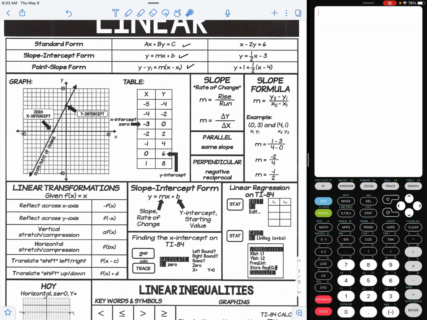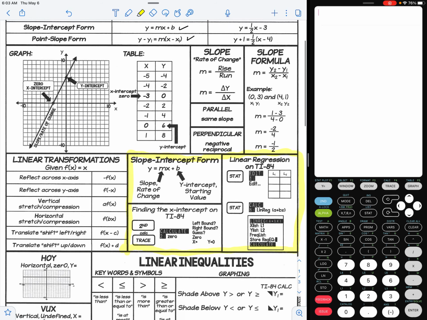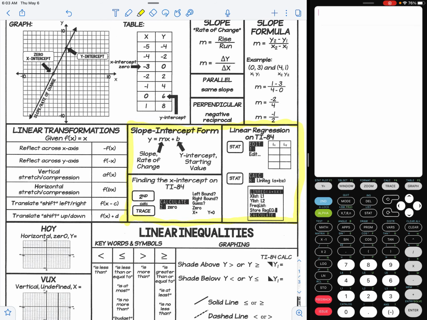So we're going to be looking in this box, more directly here. We definitely need to be reminded of slope intercept form and all those forms, but we're going to be looking here. Let's say we're given 2 points,